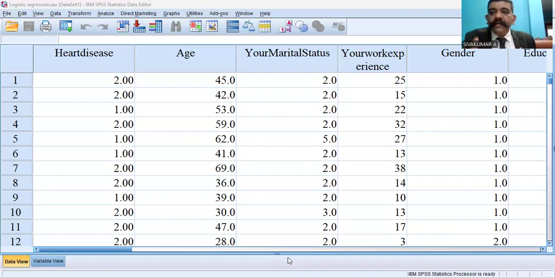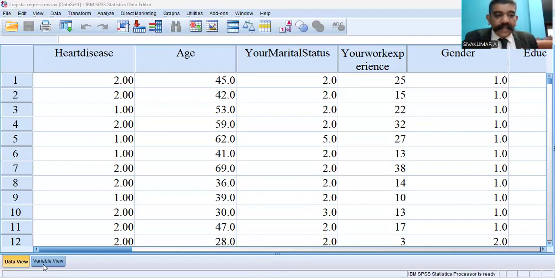This type of question, this type of situation is very effective for applying binary logistic regression. We have studied so many types of regression in week 1. It is the last type of regression I want to discuss with you, that is binary logistic regression. Then there is a question: how can we solve a question related with binary logistic regression using the SPSS platform?